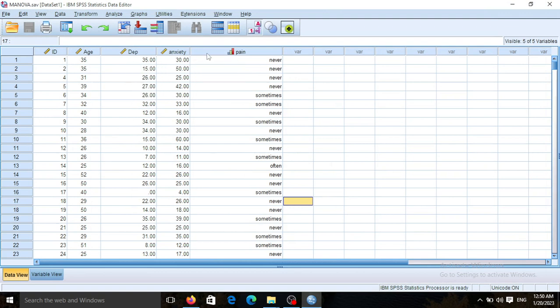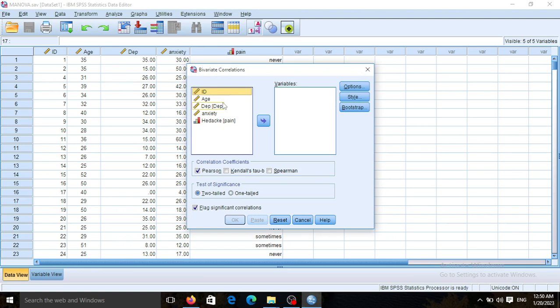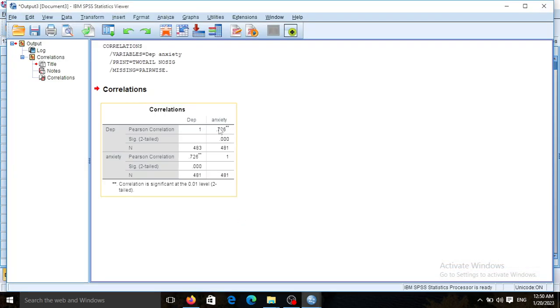Then I want to check the homogeneity of variances and the correlation between depression score and anxiety score. I choose analysis and then correlate and bivariate to measure the correlation between depression score and anxiety score. I choose the Pearson test because my dataset has normal distribution. For measuring the correlation between datasets without normal distribution, you can choose Spearman test. I then click OK, and as you see, there is